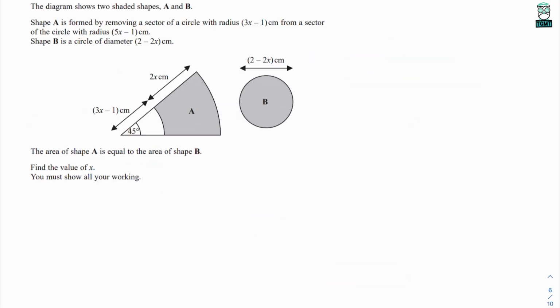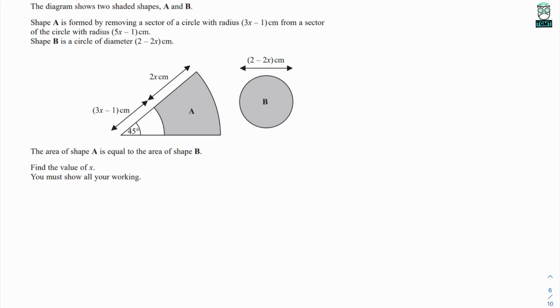Okay, so on to our next question. We've got circle sectors and circles with algebraic lengths, and the question is asking us to find the value of x. So it says here, shape A is formed by removing a sector of a circle with radius 3x minus 1 from a sector of a circle with radius 5x minus 1. So this is the little sector that's being removed, this one just here. So when we remove that,